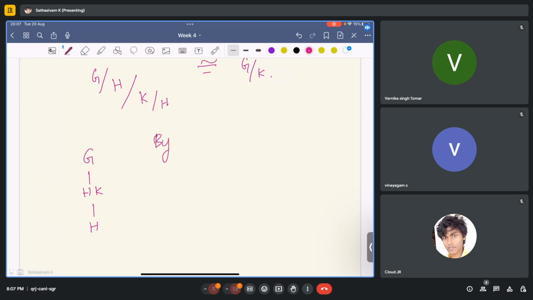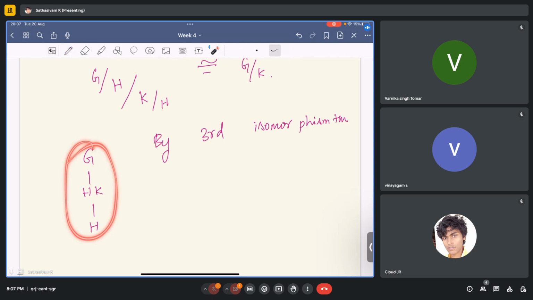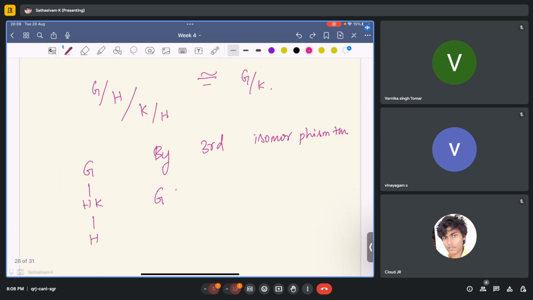So by the third isomorphism theorem applied to this particular chain, what you get is G by H. So G index H is equal to